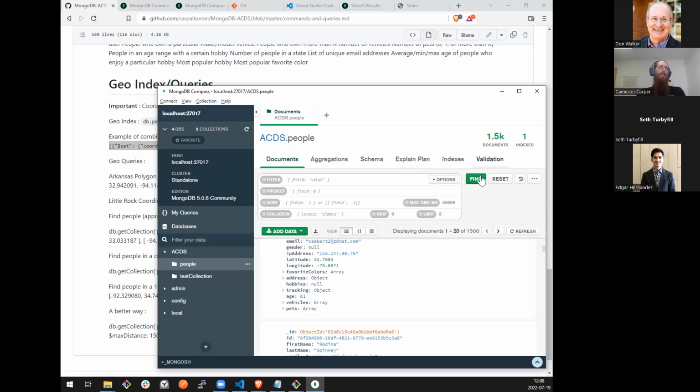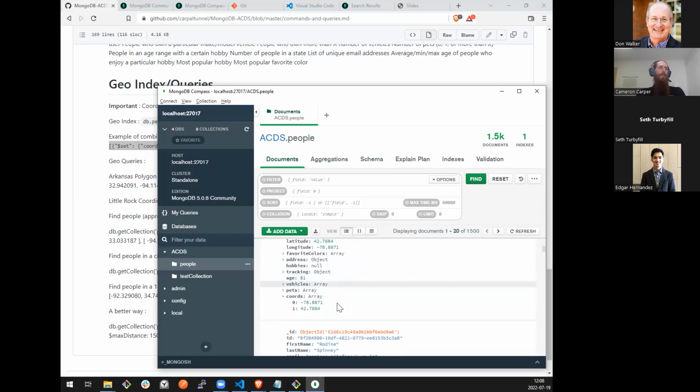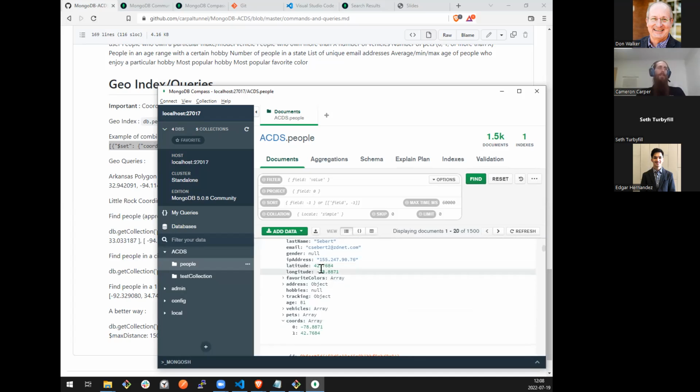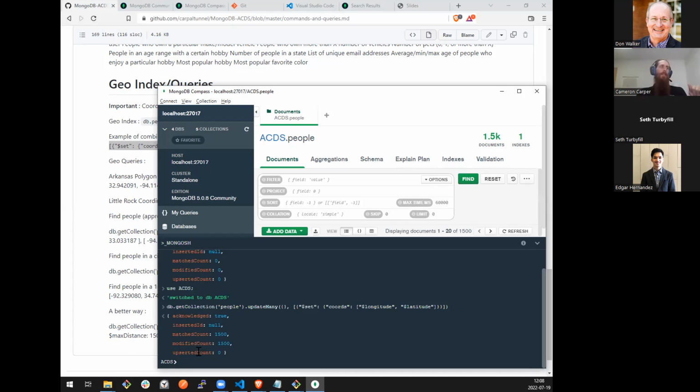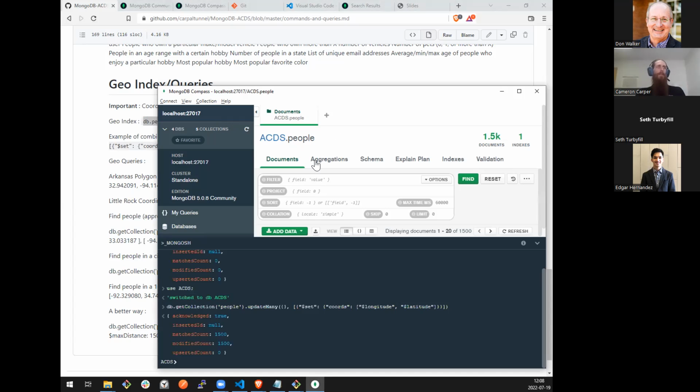So now if I refresh our view over here, we should actually have a property named chords on every single document that also matches the properties of latitude and longitude. And you can see we did get that in the correct order, where chords index 0 is -78 and chords index 1 is a latitude of 42. So now that we have this field, this chords array that we can apply a geo index to, I'm actually just going to do it via the command line as well, because I already have this command written, and so that I don't have to fiddle with the UI.